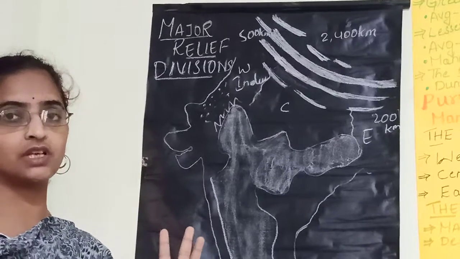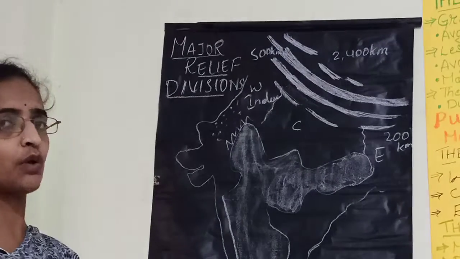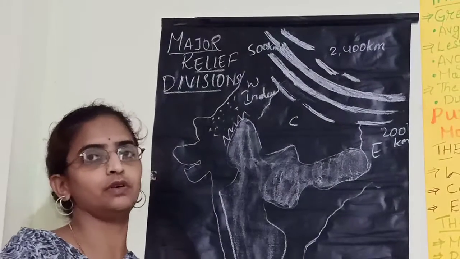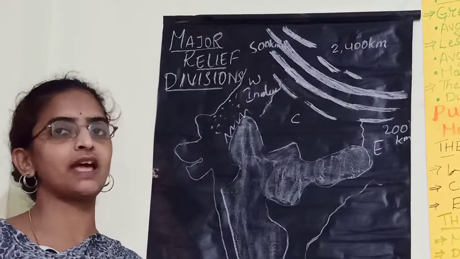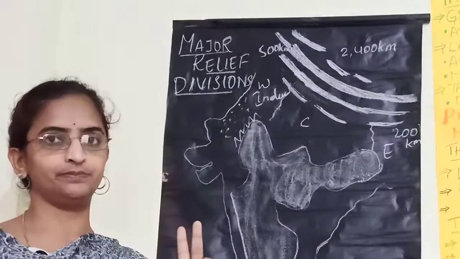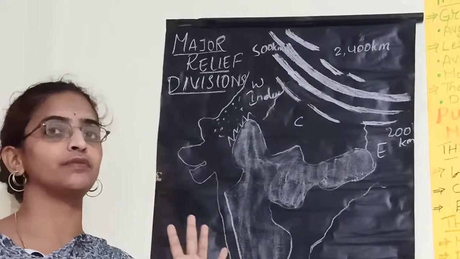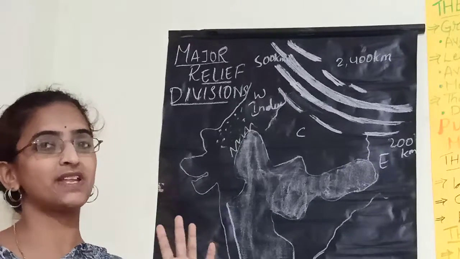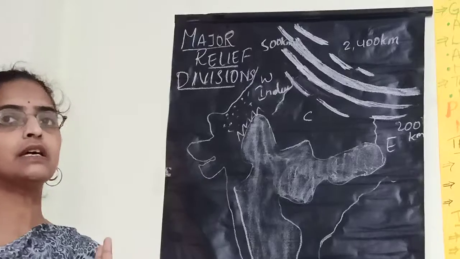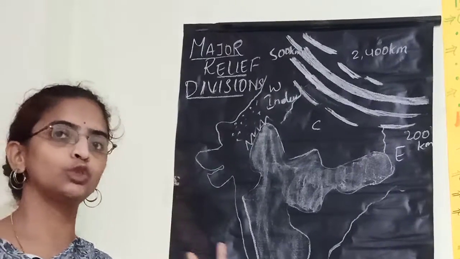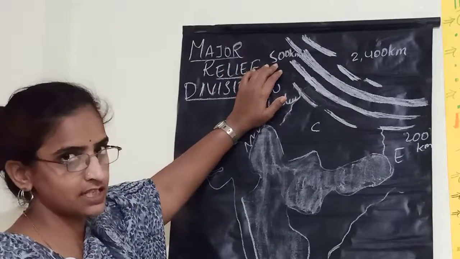But unfortunately, after the partition, Pakistan has most of them, and now there are only 2 tributaries left flowing in India, in the Punjab region, and that was called very famously Doab, not Punjab. Now Punjab has no more 5 tributaries flowing, but the present Punjab state has only 2 tributaries flowing in that state, which is called Doab. Okay, so this is all about the western part of the Indo-Gangetic Plain.